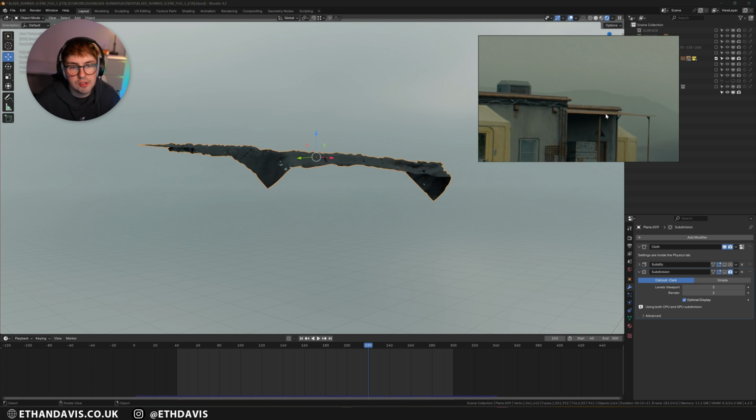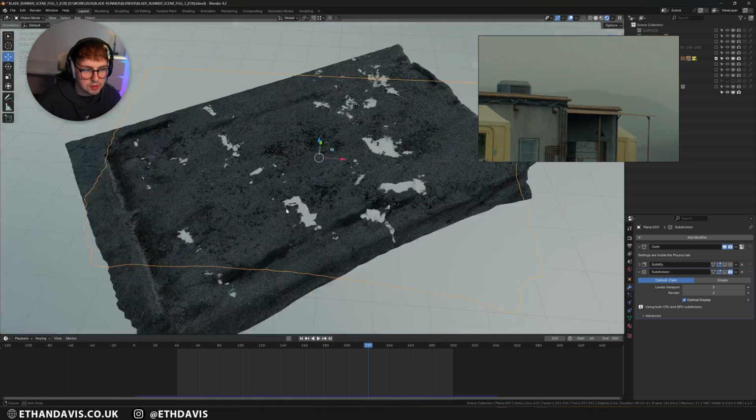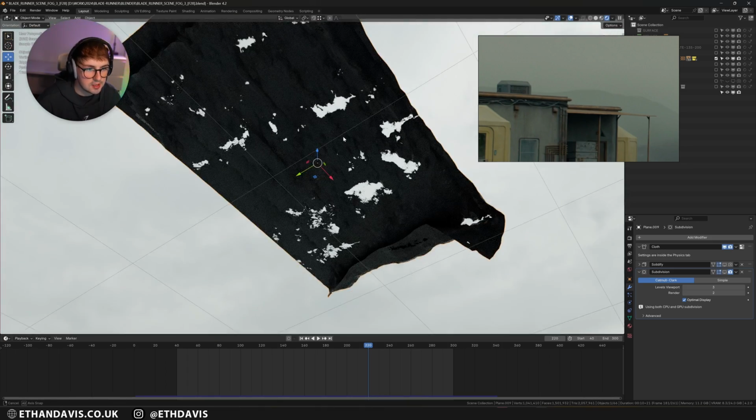And I know this one doesn't have it, but I wanted some movement just to make the shot a little bit more believable, because obviously we've got the car, we've got the frame, we've got a building, but I wanted other elements which were making the scene look alive. And one way I thought of doing that was adding a tarp over this roof and making it look ripped, because you can actually see through this.